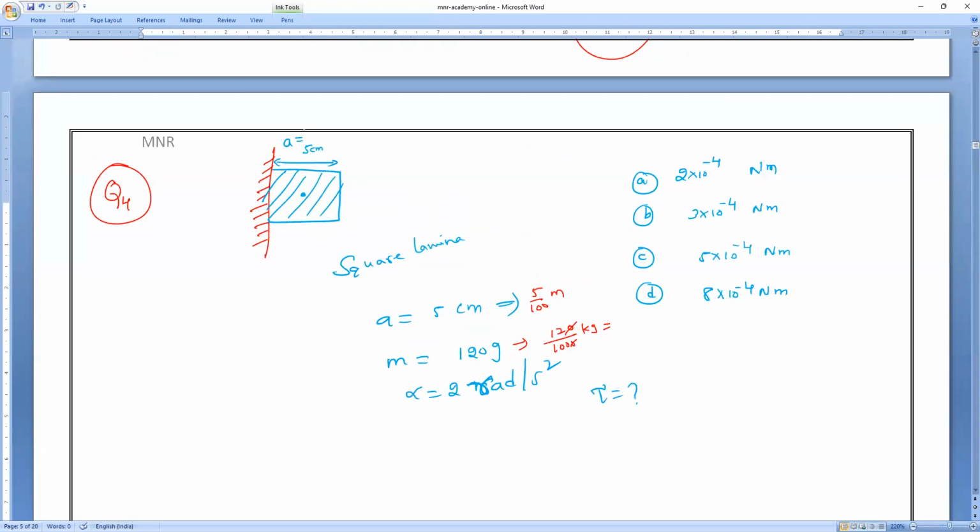Yes, sir. So now, the axis of rotation is passing through this. Then this total side is 5 centimeters, from this to here. They are asking what is the required torque. So required torque means we have to find it. So now this distance will become what? If the total is A, this will become